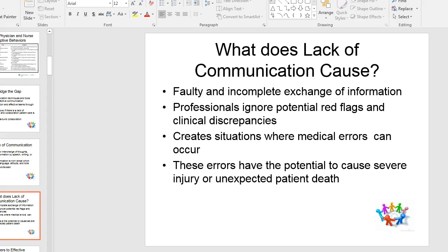Even more disturbing, communication failures are the leading root cause of any sentinel event. According to Joint Commission, more specifically, the Joint Commission cites communication failures as the leading root cause for medication errors, delays in treatment, and wrong site surgeries, as the second most frequently cited root of operative and post-operative events and fatal falls. So I guess it's clear why healthcare workers are requesting ways on how to improve communication. So what does lack of communication cause? Faulty and incomplete exchange of information, professionals ignoring potential red flags and clinical discrepancies, create situations where medical errors can occur. These errors have the potential to cause severe injury or unexpected patient